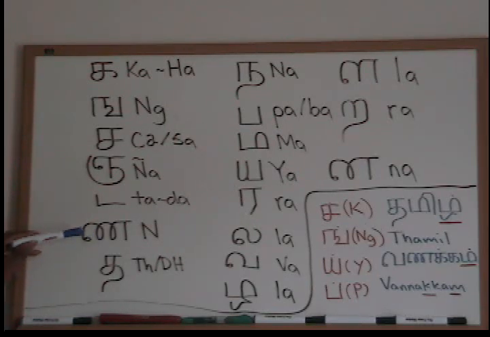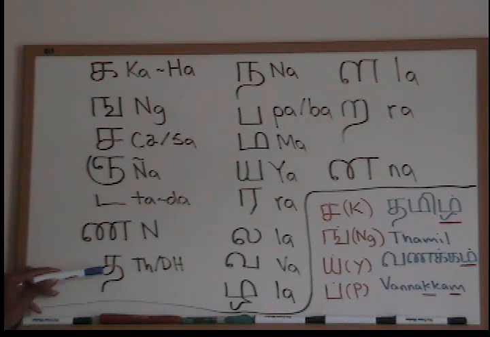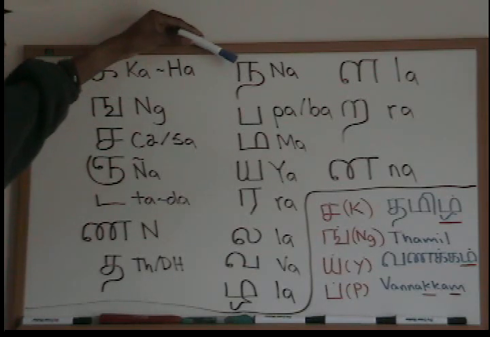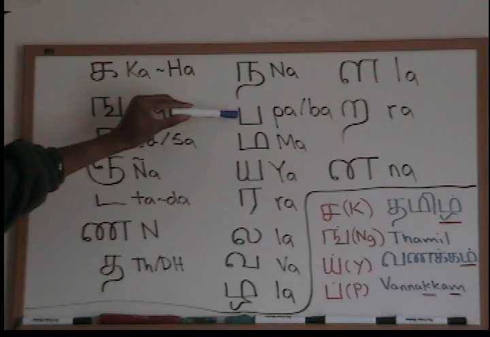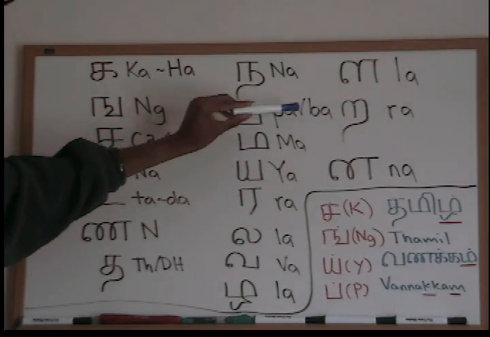Na. And then this letter here, I think, is aspirated like a ta. And so you have ta or da. So two sounds for this letter here, and this letter is used for Tamil. Okay, and here you have na. This is not a strong na, this is a soft na. And you have this letter here, pa or ba. Two sounds, pa or ba.